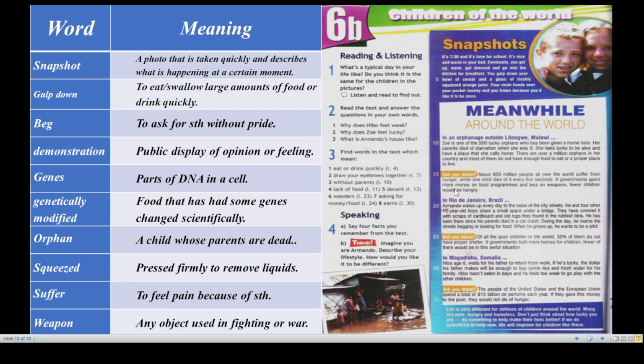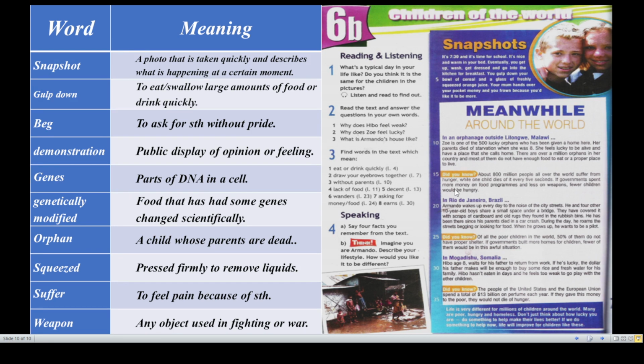So Hebo is very weak because he doesn't eat a lot. He didn't eat for days because his father is very poor. He only earns $1 a day, and of course it's not enough to afford their needs.